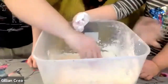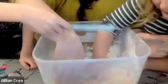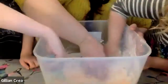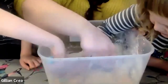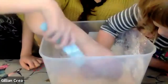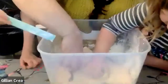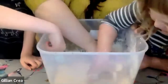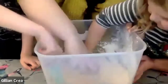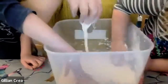See how much more water we need. It's usually about a cup of water. But if you do use more water and it doesn't go as gloopy as you need it to, you can add more corn flour. Right, I think this is pretty much done. So, what we're going to do...